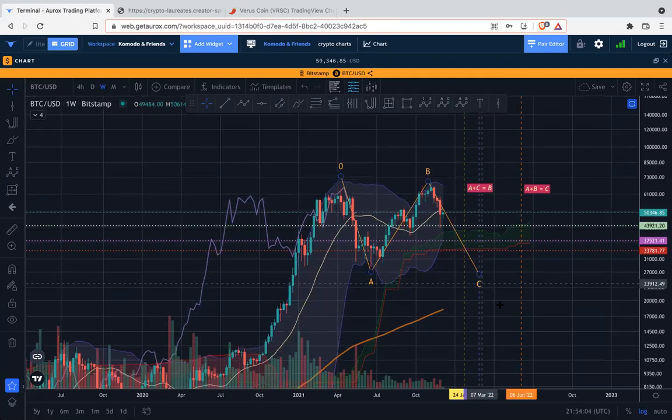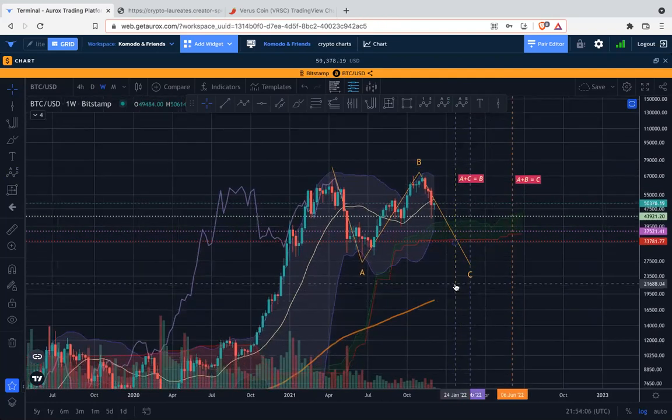And I could see that too. That brings us to February. So the A plus C equals B, where the C move down is the same length and distance as the A move down, is roughly 22 of January. If we're going to take a longer A move, then you bring it out, and maybe it brings us to 28th of February week, or that end of February. Like if we were to take this A plus C equals B, if we were to start it back here,